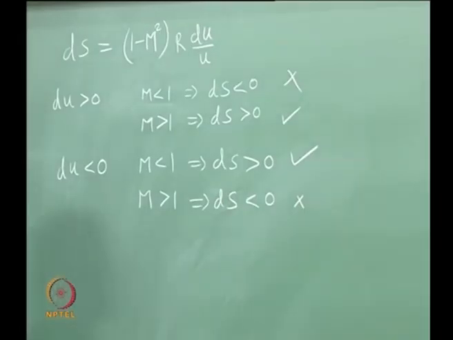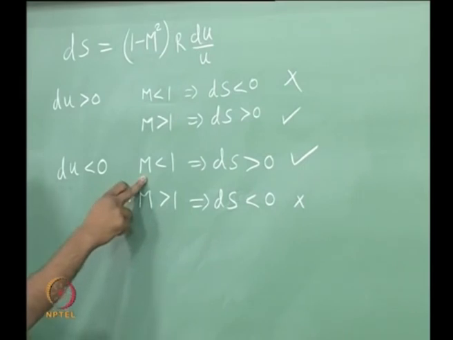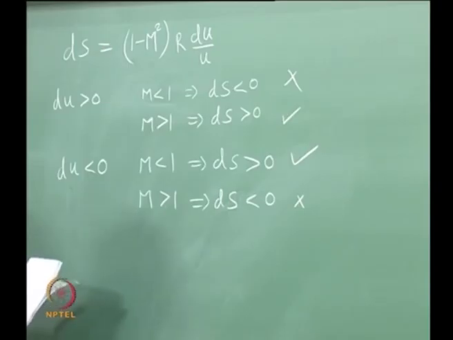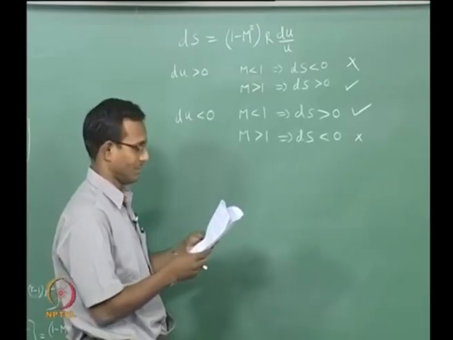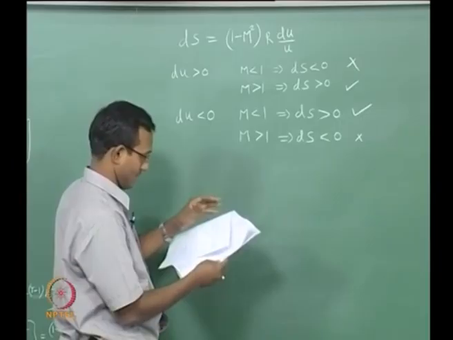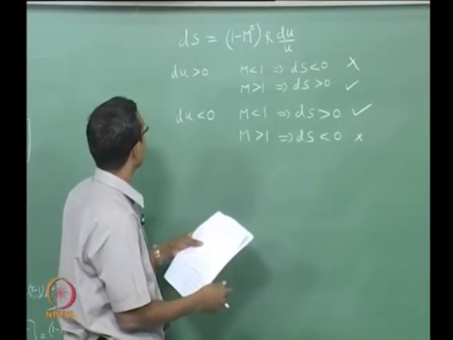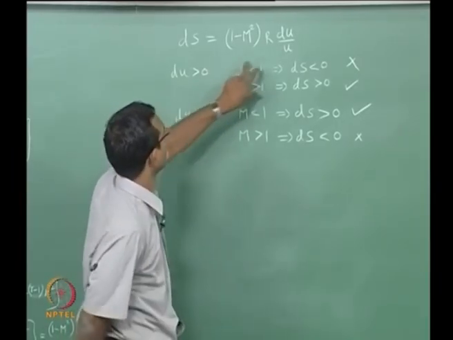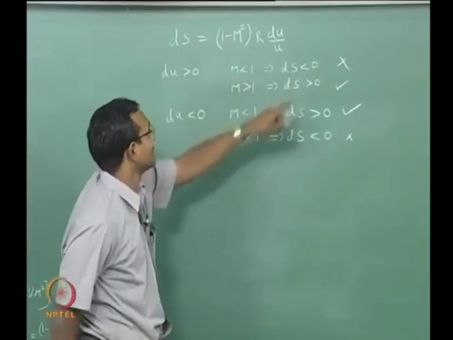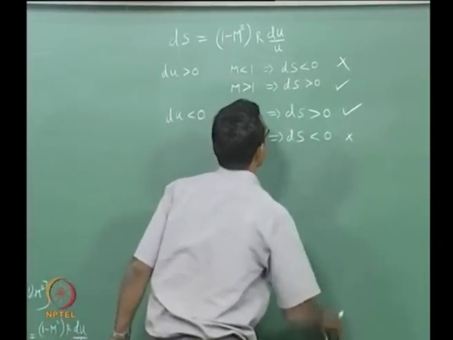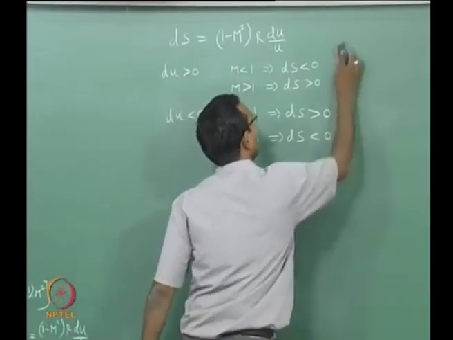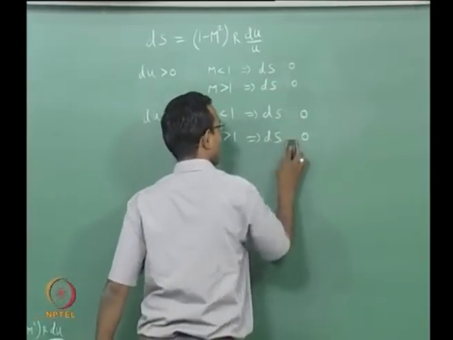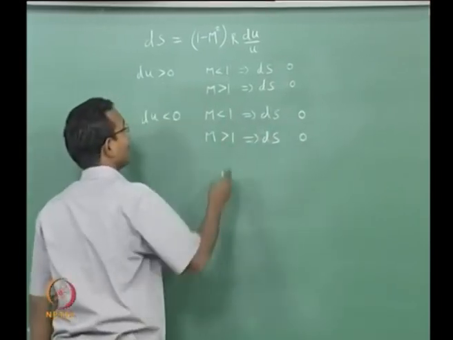So now I am finally seeing that if my Mach number is less than 1, wait, I am having something wrong somewhere. What is wrong? I did the whole thing wrong. Where is it wrong? du greater than 0, so du is positive. M less than 1, ds is positive. Oh, I did the whole thing wrong, and you should have stopped me much before. You are stopping very late. Okay, finally. Anyway, we are going back to this whole thing. Whatever inequalities I wrote, everything is wrong.